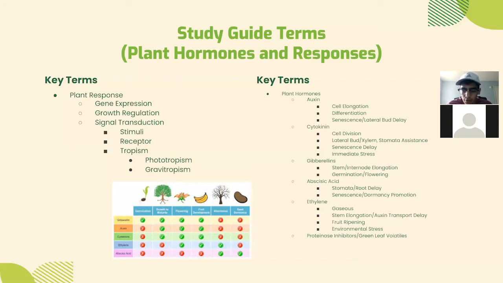And so some of the things that we talk about when we're talking about immediate stress, going back to cytokinin, is that you have things like proteinase inhibitors and green leaf volatiles. Essentially, protein inhibitors make the plant basically undigestible for organisms that eat it. Basically the enzymes that the organisms have cannot break down the plant, and therefore the organisms will probably stop going